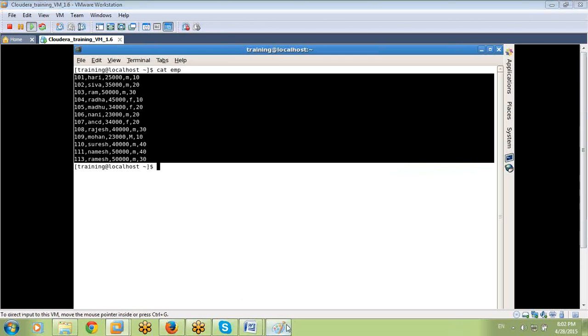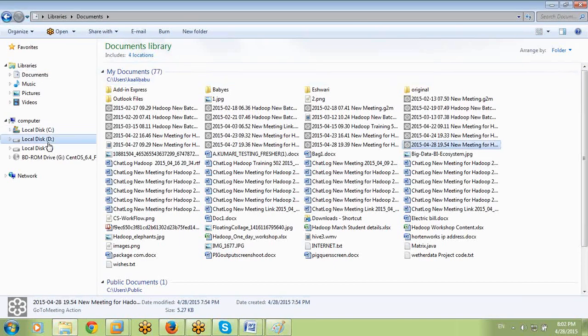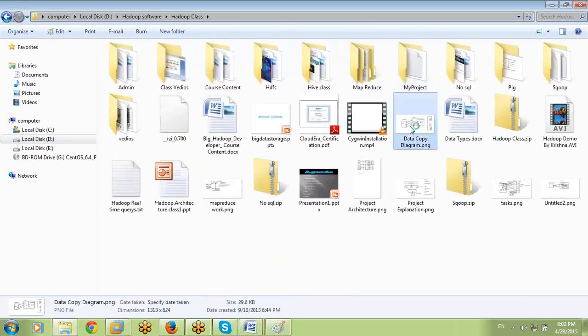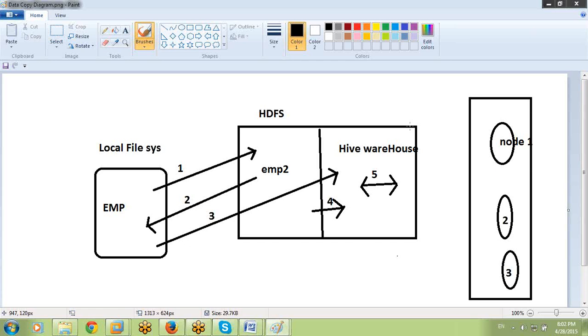It's similar to the third arrow. What is the third arrow representing in our diagram? What is the third arrow doing? It's copying the data from the local file system to the Hive table. How can I copy it? My input data is comma delimited, semi-structured data, but my table only accepts structured data. How can I clean it? Without cleaning, the table is not accepting the semi-structured data.